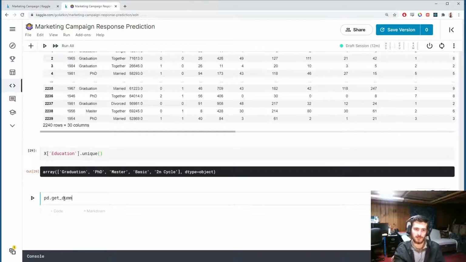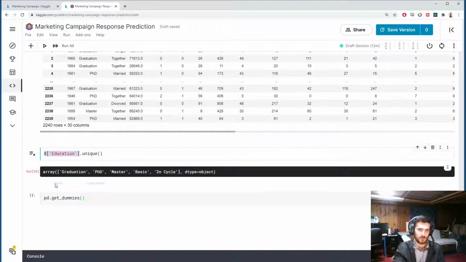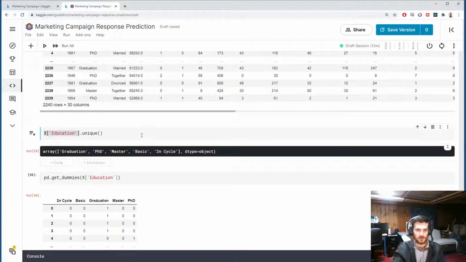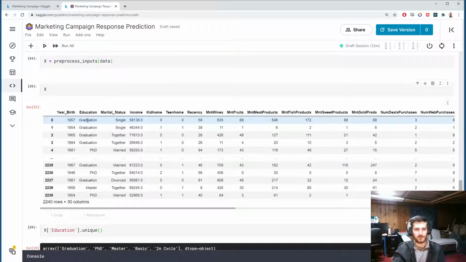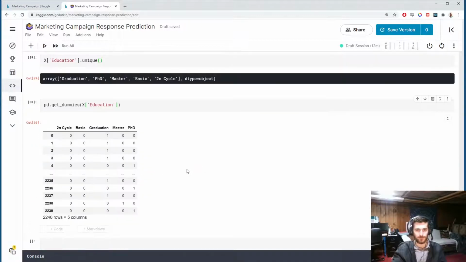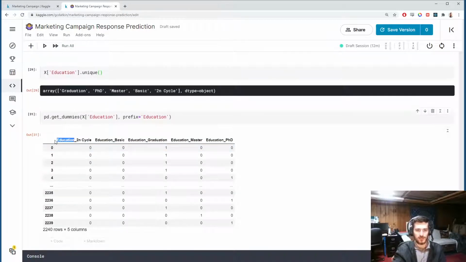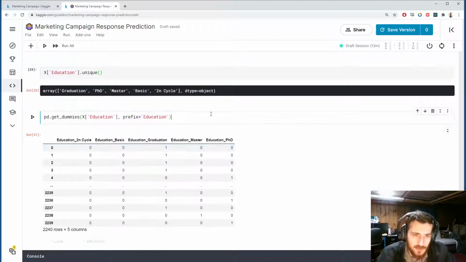For this, we'll use getDummies from Pandas, and we'll grab the column, paste it in, and you can see that each unique value now has its own column, and a 1 in a given location will represent the original value of that example. So here, example 0 has a 1 for graduation. All that means is up here, the value for education is graduation for example 0. We can also include a prefix here. We can make it the same as the column name if we want. And that will add education to the beginning of each column so that we know where these columns originally came from. I'm showing you this because I want to